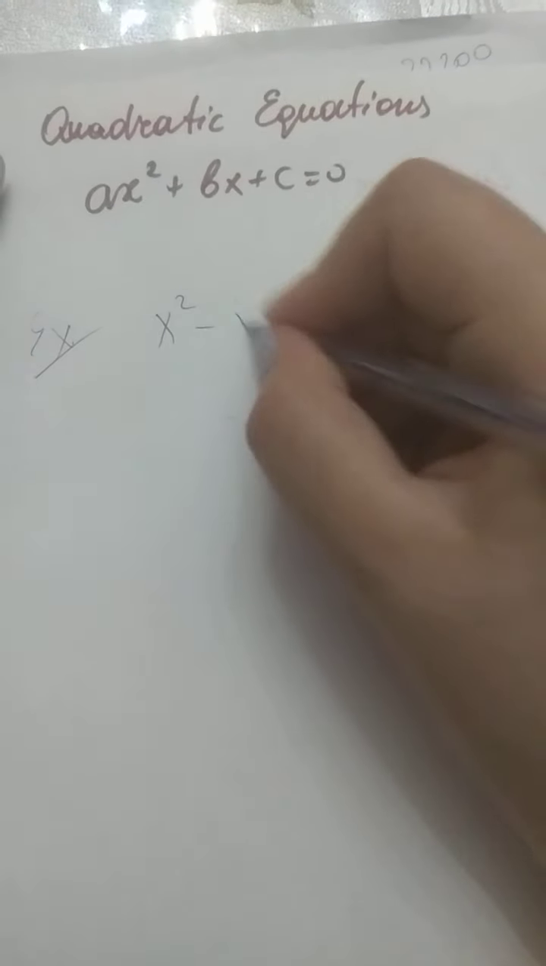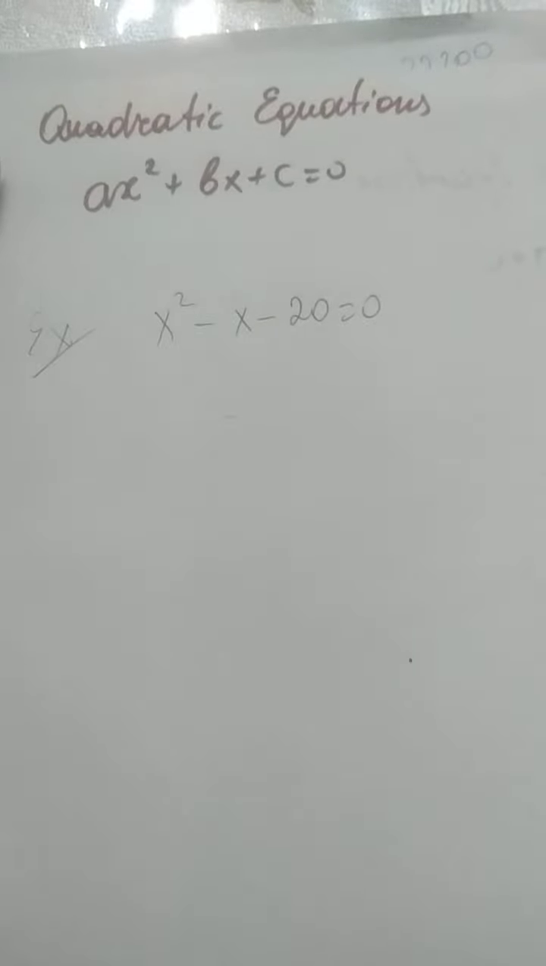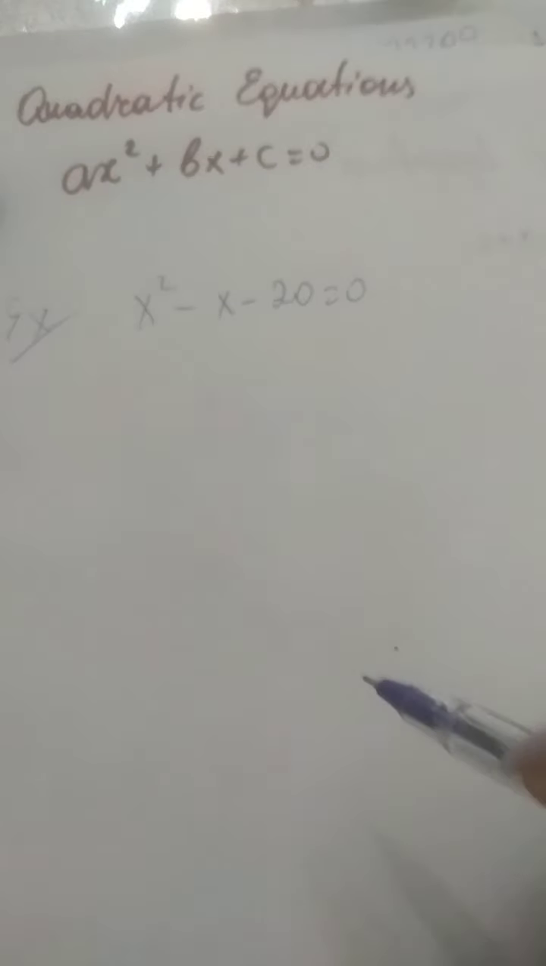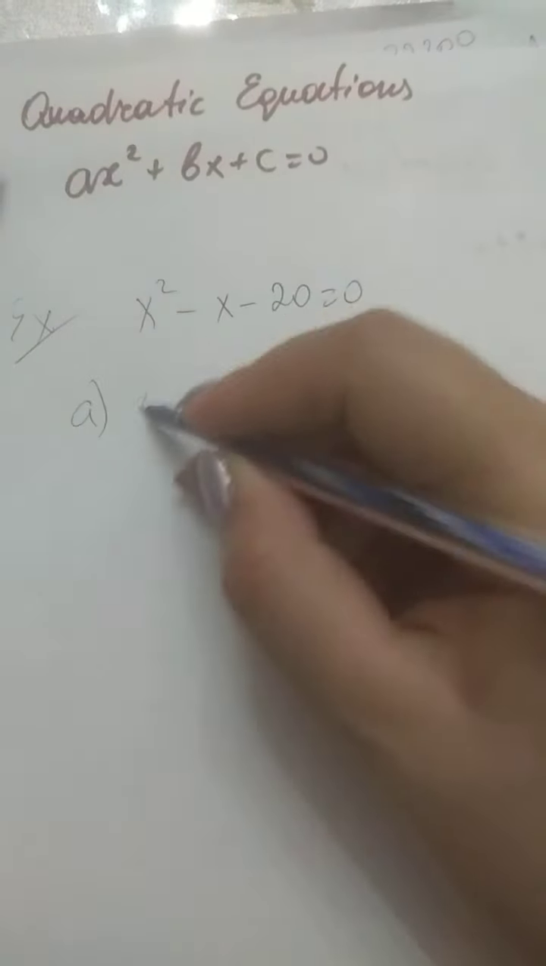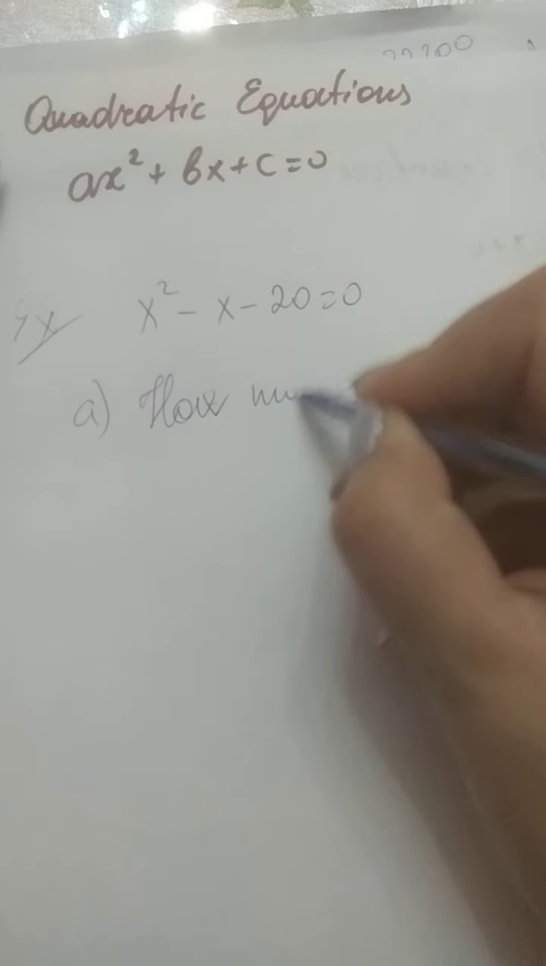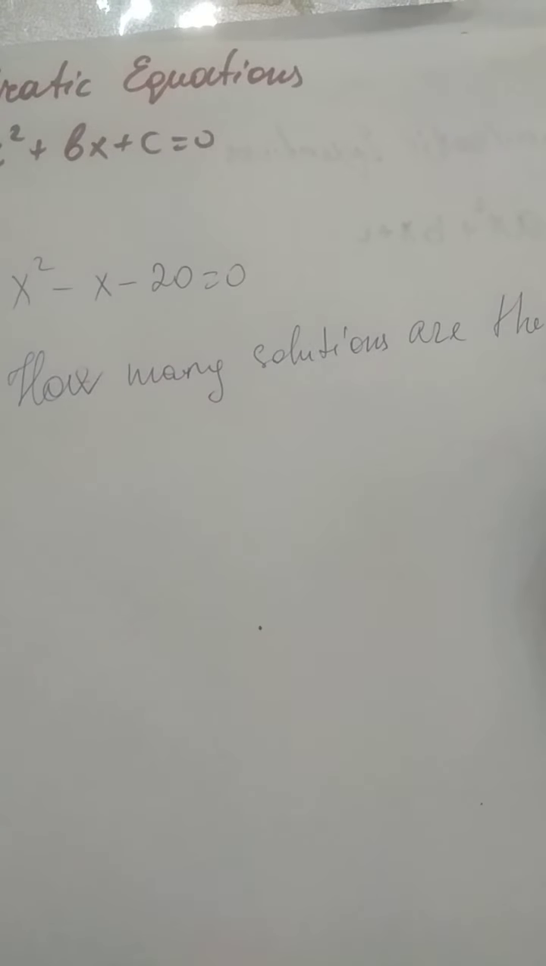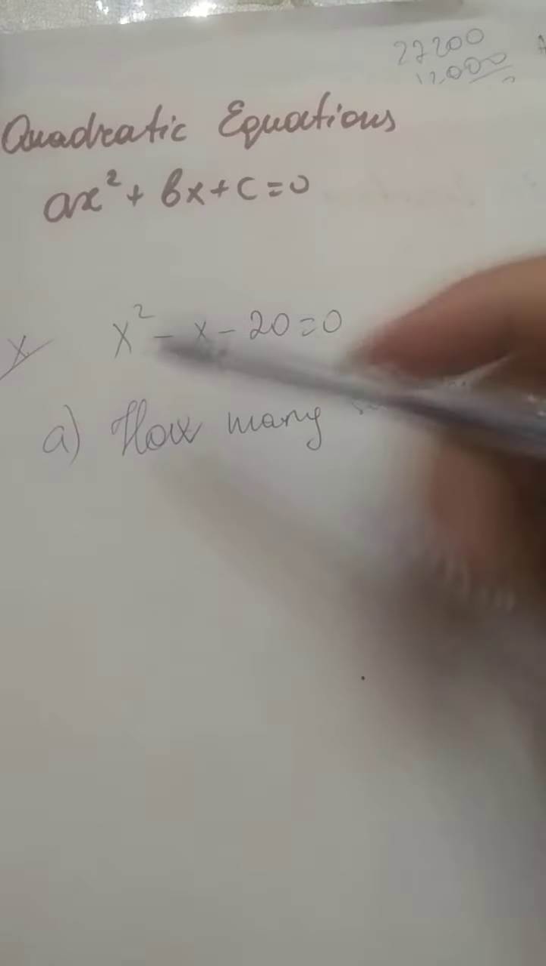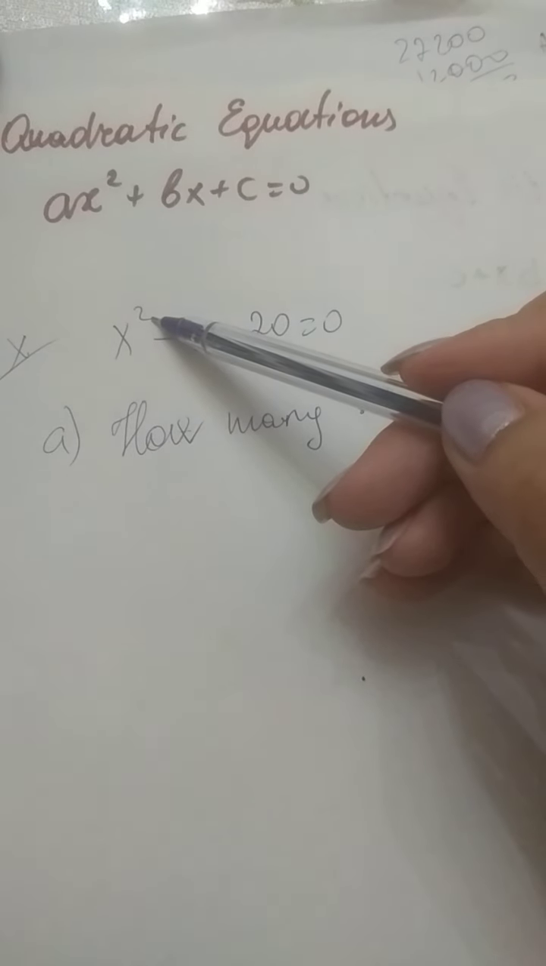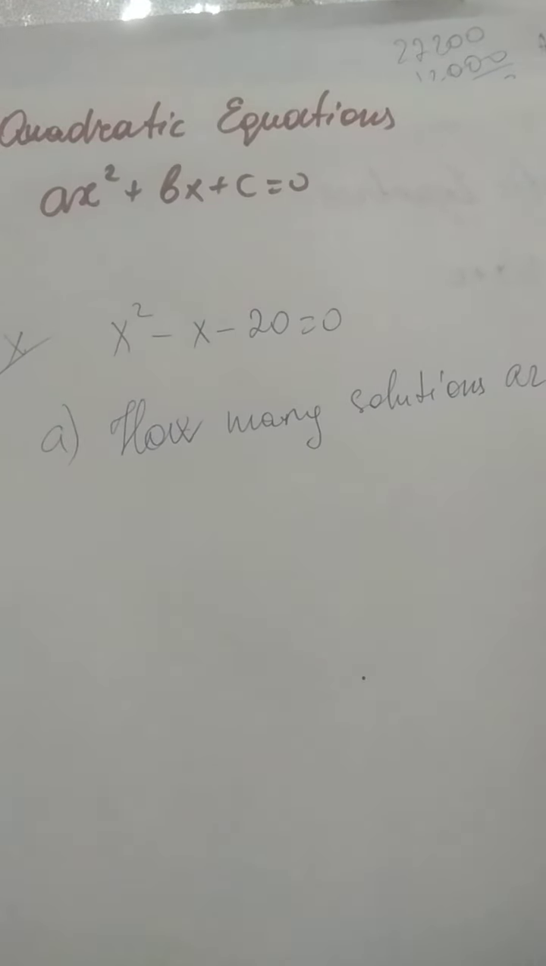So let me take one example. x squared minus x minus 20 is equal to 0. How many solutions are there? Firstly, variant A. How many solutions are there? Guys, firstly, we need to know that if it's quadratic, the biggest power is 2, and there should be 2 solutions, but